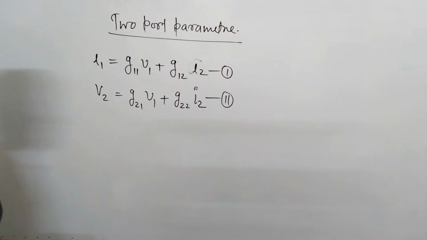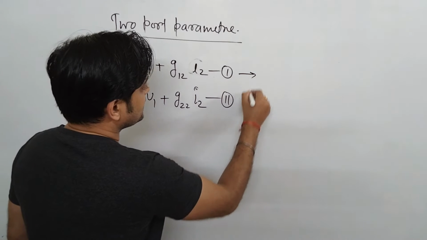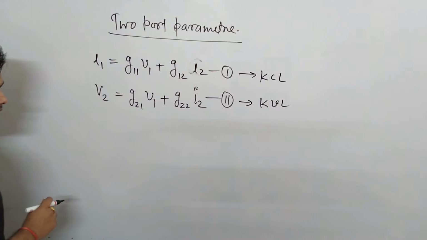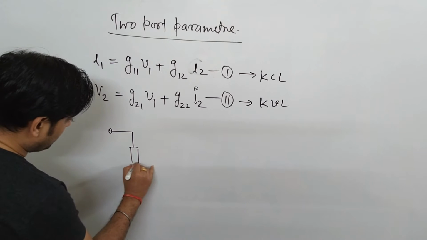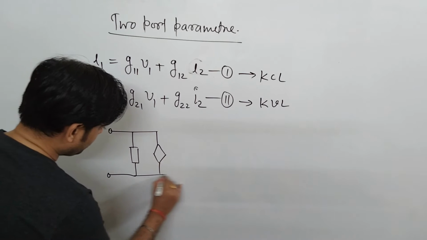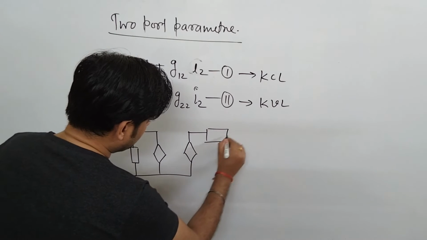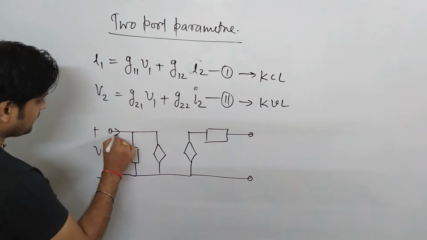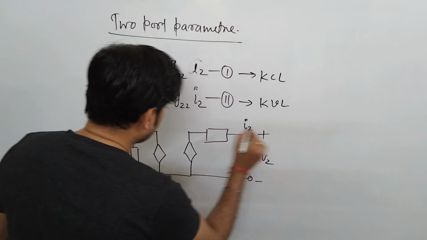So in case of H parameter, if you remember, the first equation was a KVL equation and another was a KCL equation. Here this equation is a KCL equation and this equation is a KVL equation. That means your port 1 is in the form of KCL, that is in this form, and your port 2 in this form. If I say this is V1 I1 and this is V2 I2,